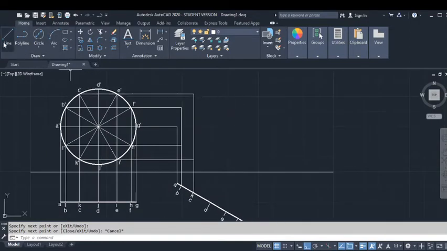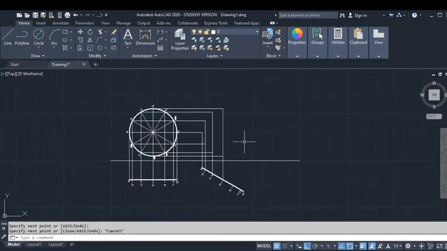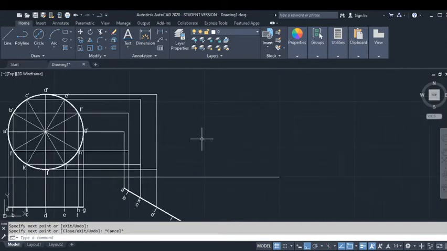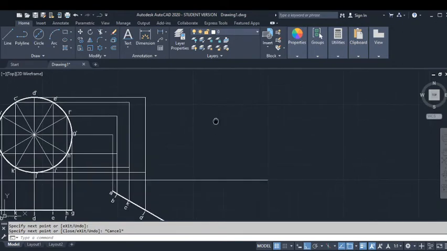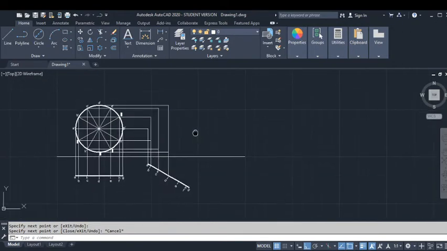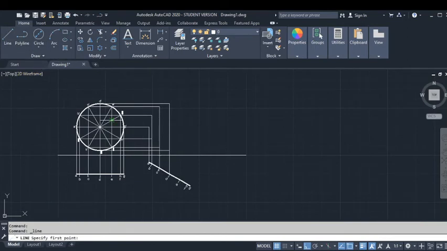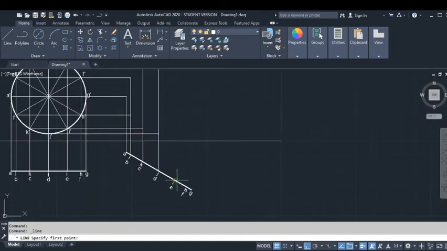Now let me draw the projector of J. And similarly projector of G. The remaining things I can also do with the mirror command, but let us do it in a conventional manner. So next projectors will be with respect to I,